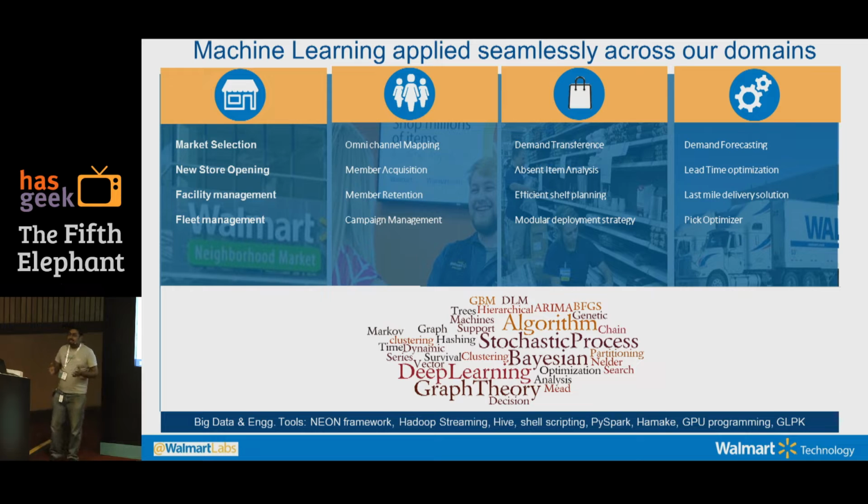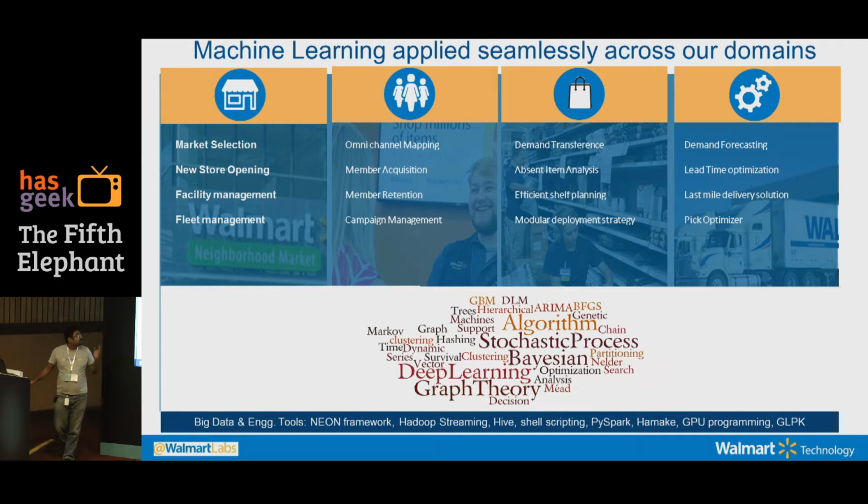But in this digital era, we have data to facilitate that, and we have built a system which on demand, when we require it, gives us back, using machine learning, that this is the market where there is a need for you to go and open a store. And at this exact location, if you open a store, it will be helpful for Walmart as well as its customers. Not only on real estate, we have a huge presence of machine learning on the customer